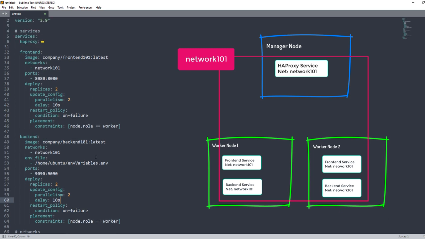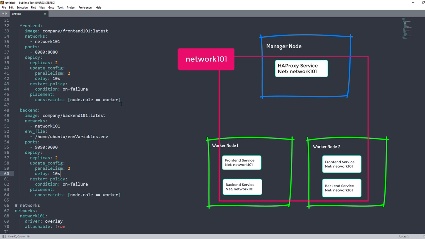I wanted to share this file with you so you could understand how we can write the YAML file, and how different containers are placed on different nodes, either worker node or manager node. And I hope this will